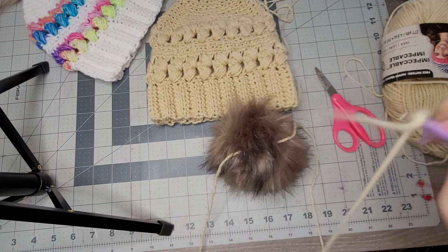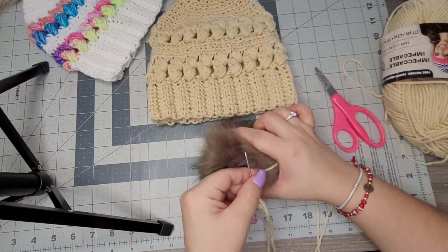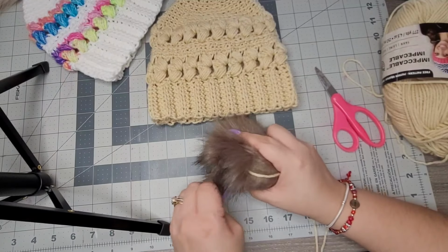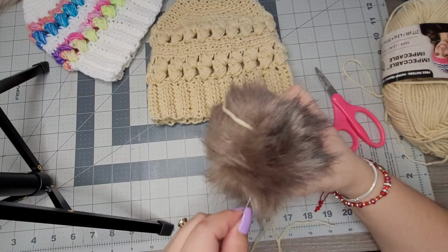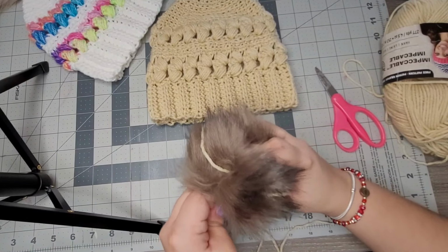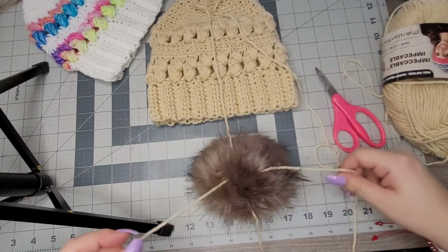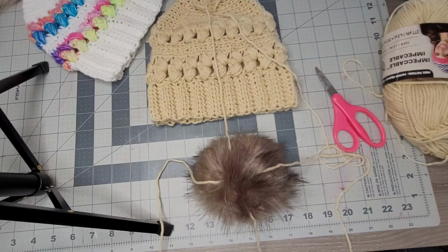Okay. And we're gonna do this a second time, going upward. Yeah, I knew it was going to take me a minute. I'm going to feed it on in there and pull through the other side, and I will get right back to you. Okay. So I finally got them in the way that I need them to be,